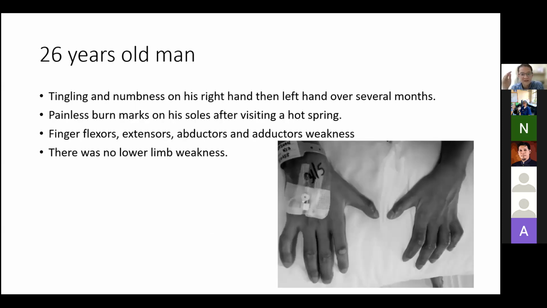And also the left hand over several months. You can see it starts with the hand first. So this is what we call a non-length dependent problem. The feet, because they have the longest nerves, are length dependent. But when you see non-length dependent problems, you know that the hands are